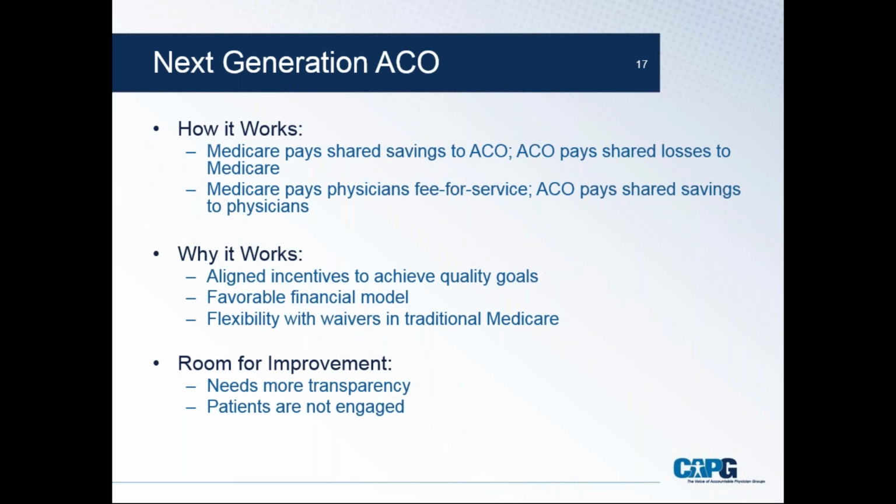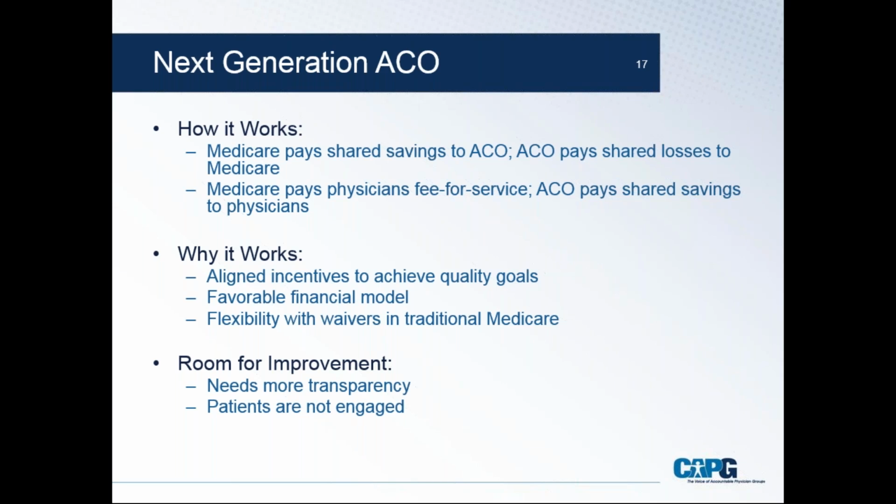In the ACO models, physicians continue to be paid fee for service. ACO participants are designing their own incentives for their contracted physicians. So individual physicians in the ACO continue to be paid fee for service in most cases, and then the individual doctors can receive a share of savings. These incentive payments tend to be linked to quality performance. The ACO has a defined set of quality metrics, roughly 33, I believe, and depending on performance against those metrics, they receive their share of the savings.